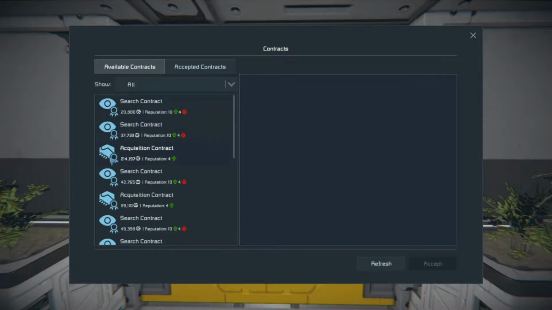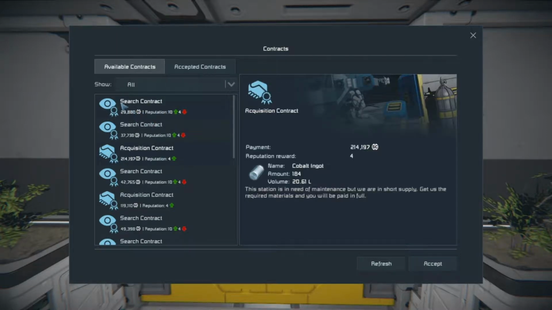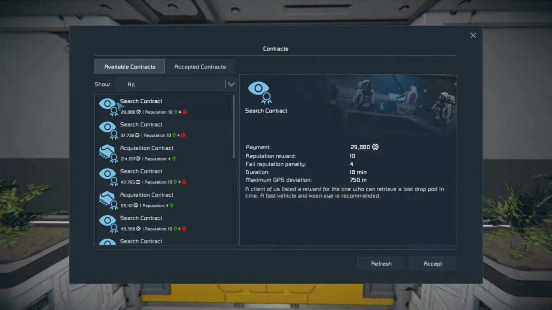These are randomized as much as I can think of. So if you come back, you may be able to find some of the other contracts, or it may be based on the faction that you've gone to. I don't really know. But anyway, I selected a search contract. Now on this search contract, you will see the amount of money that you will get, the space credits, for